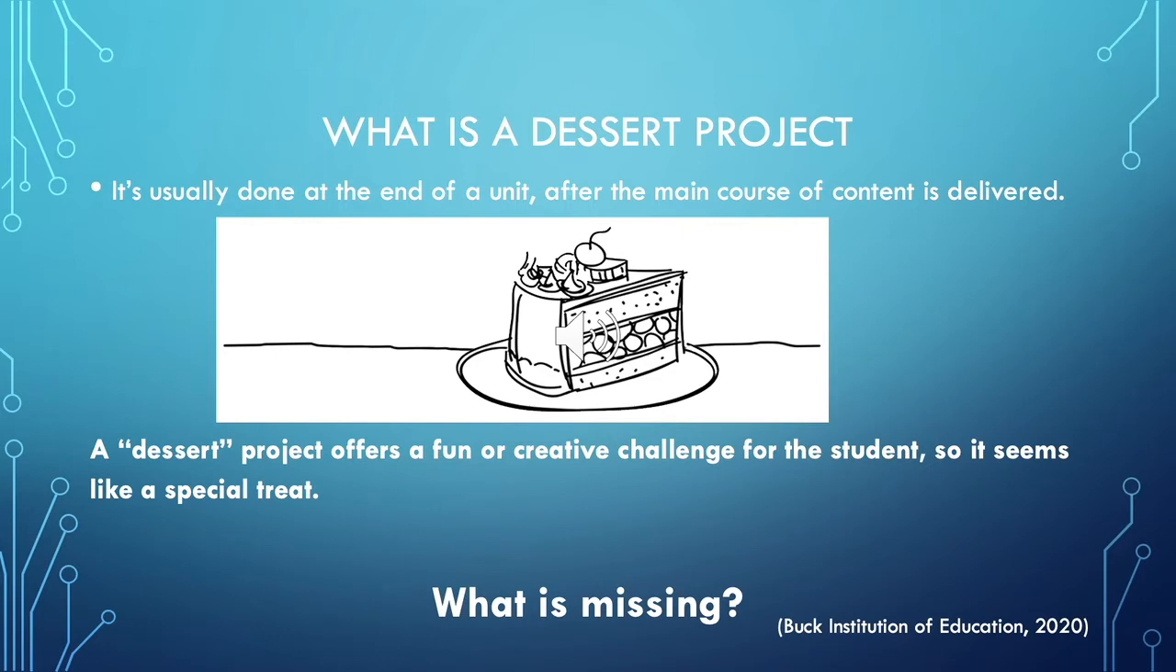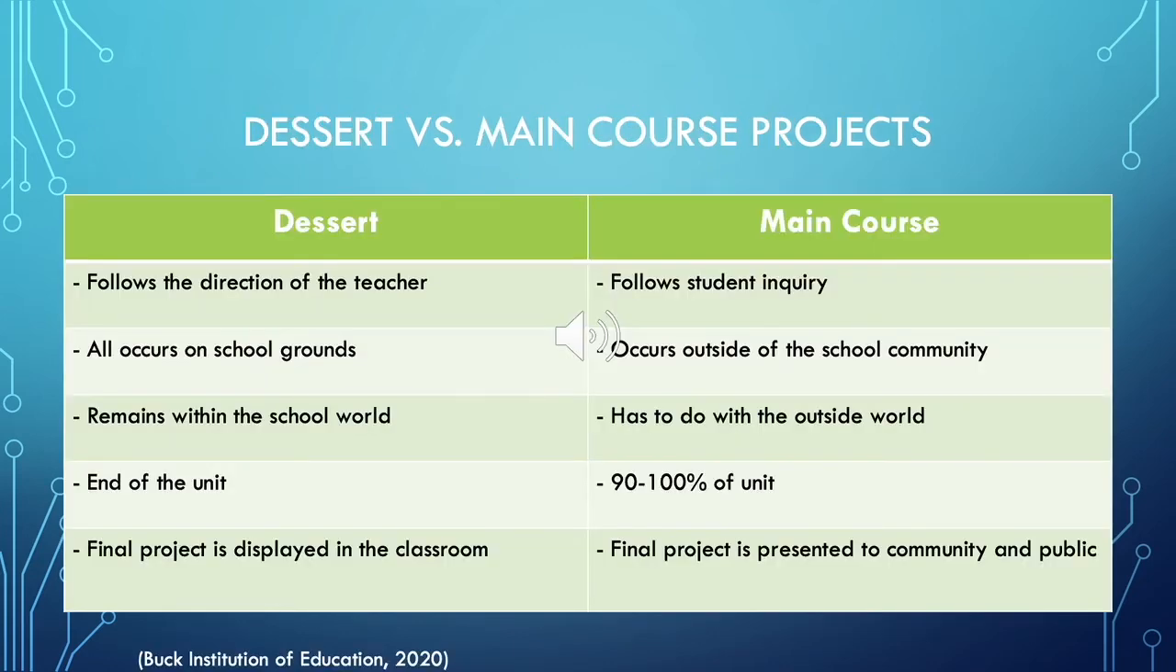So what's missing? There are a lot of things missing, but student inquiry and student design really are what's missing. Dessert projects are teacher-led; project-based should be more classroom-led. Seeing here, it gives you a perfect breakdown of the big difference: the dessert and the main course. The main course is all the instruction. So when you're doing an actual project-based learning main course project, as I'll reference it now,